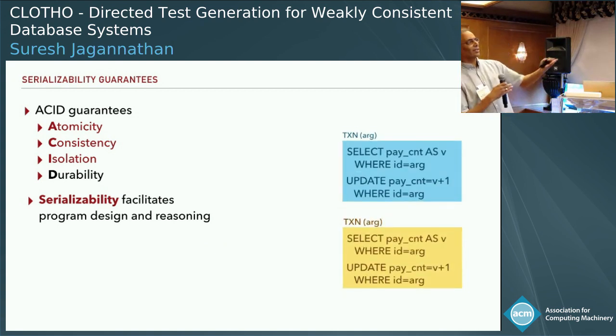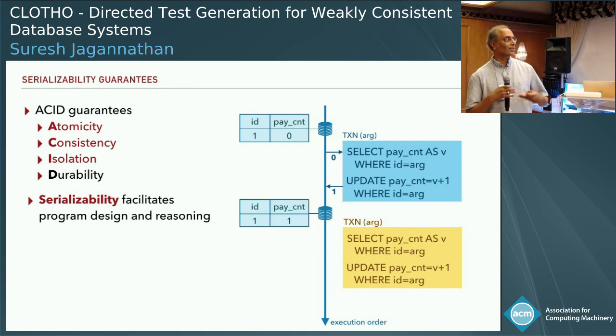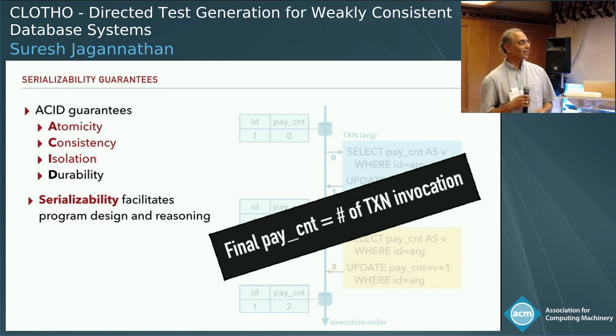So here's a simple example of a database program. It selects some rows from a table. It performs some updates to those rows, and even though we have two transactions and they may logically execute concurrently, it will appear as though they are going to execute in some serial order. So as these transactions select rows and then update fields in these rows, it will appear as though each of these selects and updates happen in some sequential order, which is all very good, and it gives us a model in which we can think of, for example, in this really simple example, the number of transactions being in some sense related to the final value of a particular field.